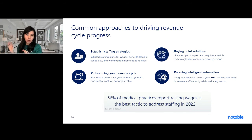Others just said, you know what, forget about the staffing, forget about the technology, I'm just going to outsource processes, some processes, or I'm going to go ahead and outsource my entire revenue cycle to a third-party vendor. And although this tactic works for some organizations, many are left having to retain employees because they have to work complex denials and manage patient collections. So the other reality is that many vendors that provide these revenue cycle outsourcing services also have an enormous amount of manual work and burden, ultimately impacting the patient financial experience because there is a lack of communication between